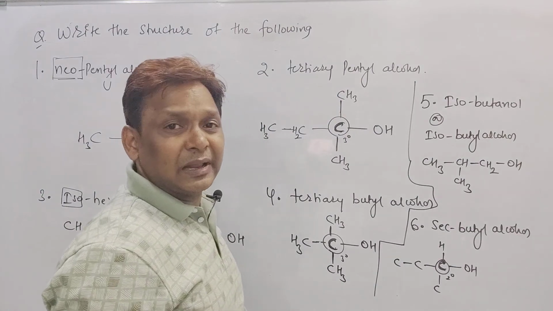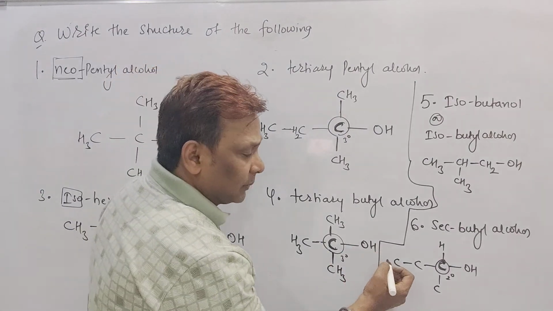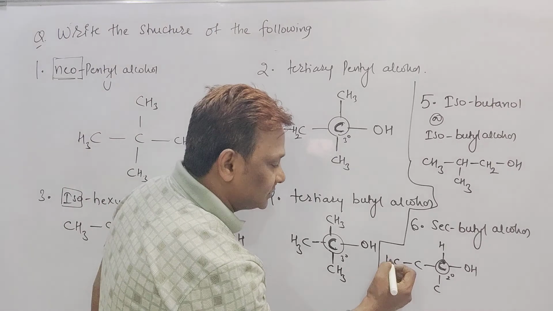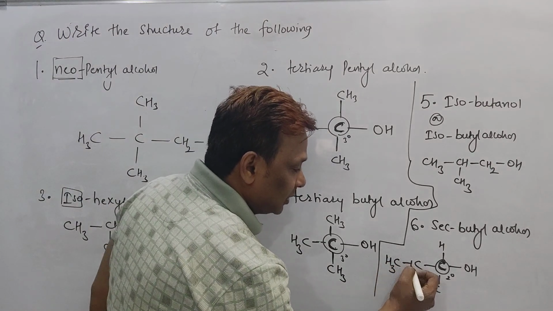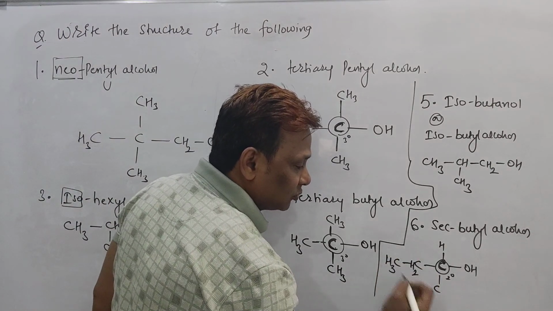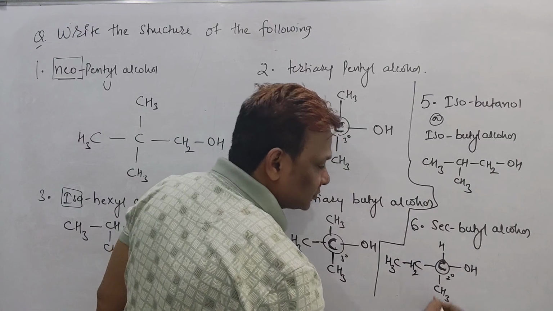And now make the valency of carbon equal to 4. How to make it, beta? I should put here CH3, 3 plus 1, 4. I should put here 2, 2 plus 2, 4. I should put here 3 plus 1, 4.